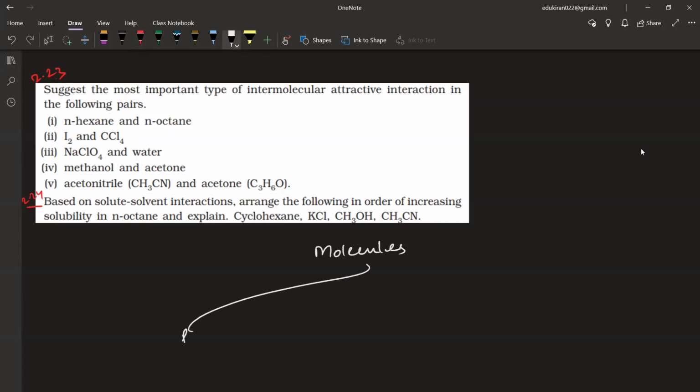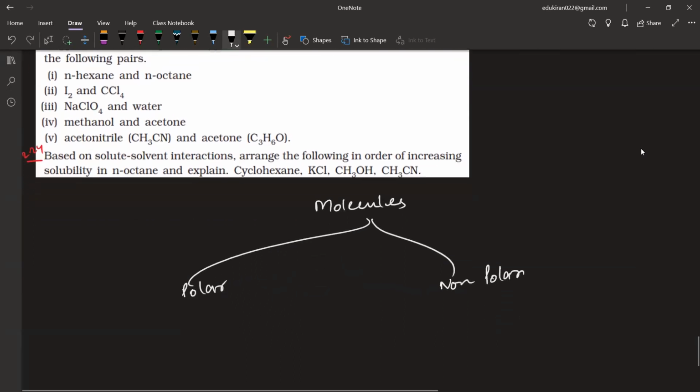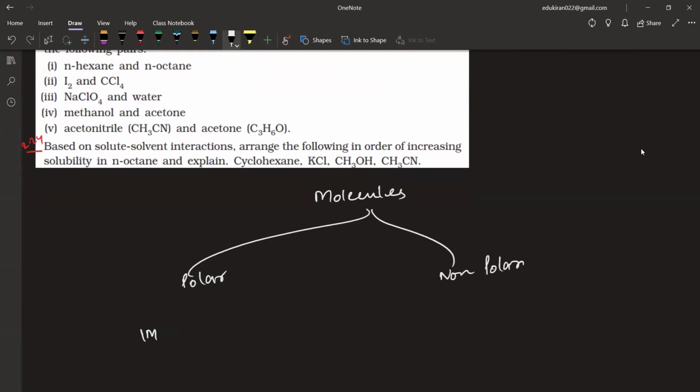A molecule can be either polar or non-polar. Now, if it is polar, then the IMF will be dipole-dipole. Yes or no? Yes, sir. And if it is non-polar, the intermolecular force of attraction will be dispersion forces